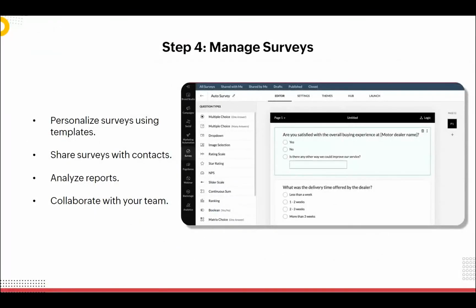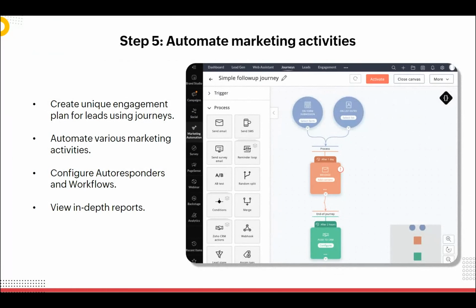Now, moving forward, let's get to know more about automating marketing activities, because that's a very important thing. Doing everything manually is definitely not a very scalable option, and that's when automation can help you, right? With Marketing Plus, you can create unique engagement plans for your leads through journeys.